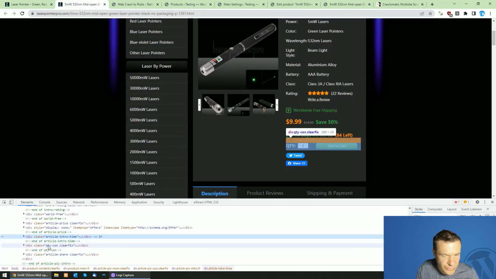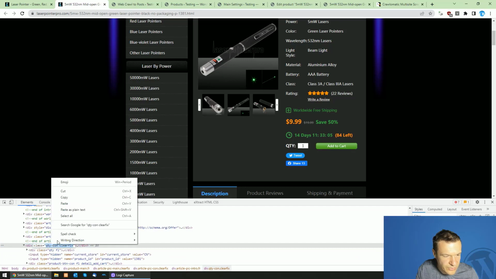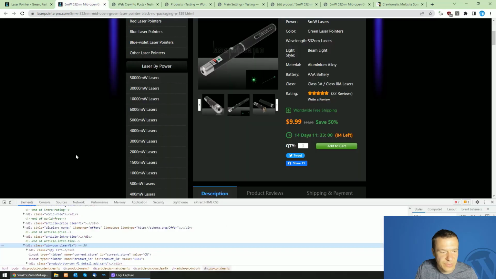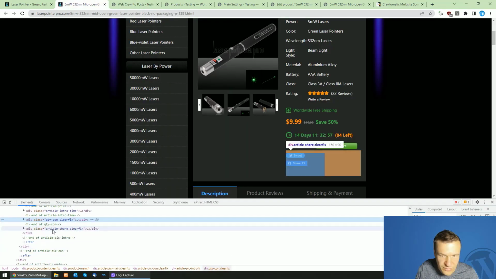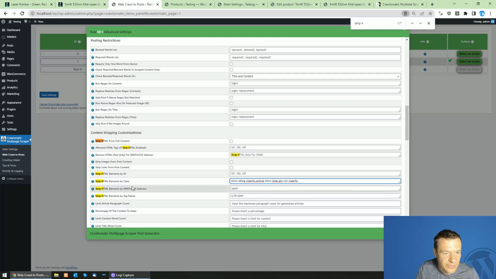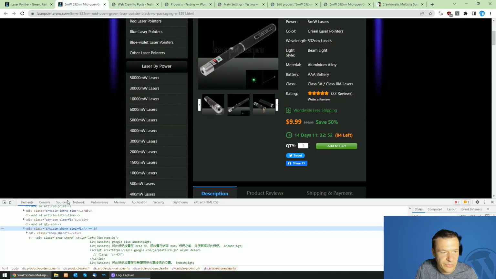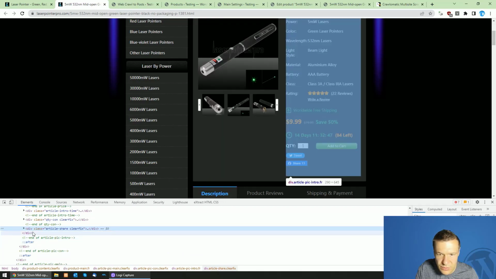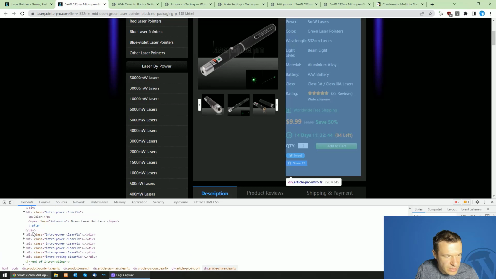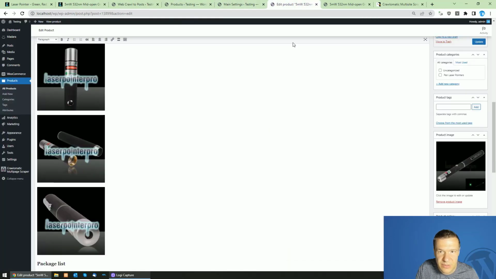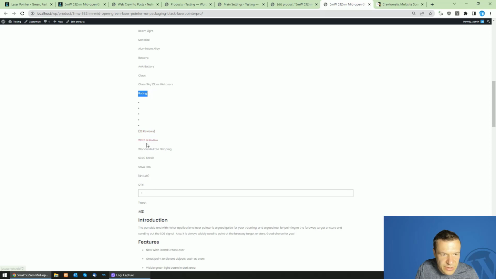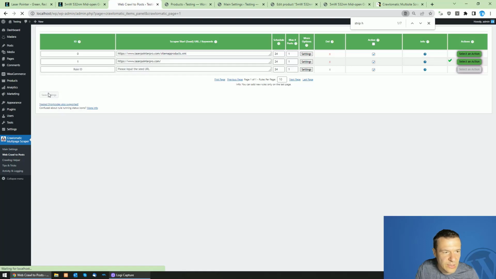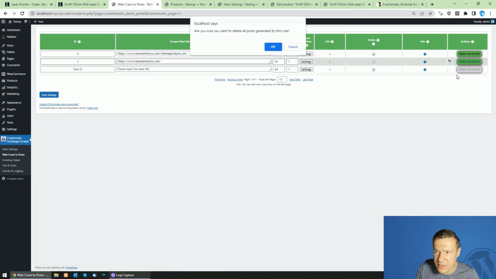Okay, let's also remove this quantity intro field. Let's remove also this sharing class for the sharing buttons from the site, and let's see if we have anything more to remove. So it seems that it's okay. So in the product here we got the rating, the review, the quantity, and the sharing buttons. Okay, so if we save settings now and let's rerun importing,